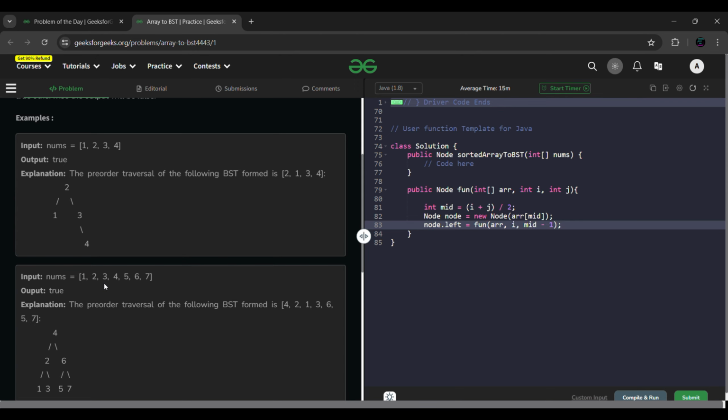So till mid minus 1, so it means till 4, whatever the index of 4, that is 3, 3 minus 1, 2. So this will be our remaining array. So 1 2 3 will be our remaining array, and 5 6 7 will be the remaining array for the right side. So I'm gonna call node dot right is equals to function of arr and mid + 1, and I'm